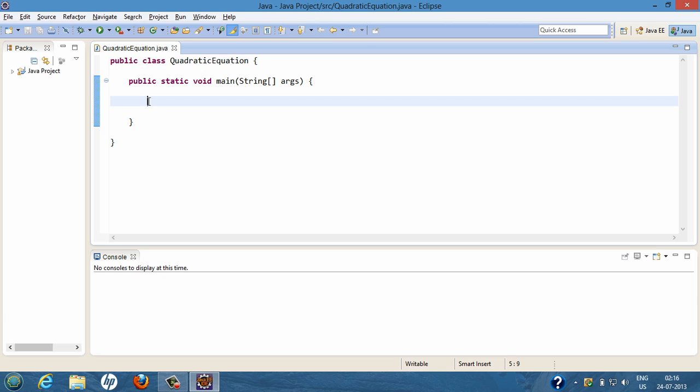So friends, let's move ahead and solve the quadratic equation through a Java program. So here what I have done, I just created a class by the name quadratic equation, and in that I am using the main method, because whenever we run the program this main method will be executed. So we'll code the solution, finding of the roots of the quadratic equation, in this method only. So here, in order to take the user input for the constants a, b and c, we will first create a scanner object.